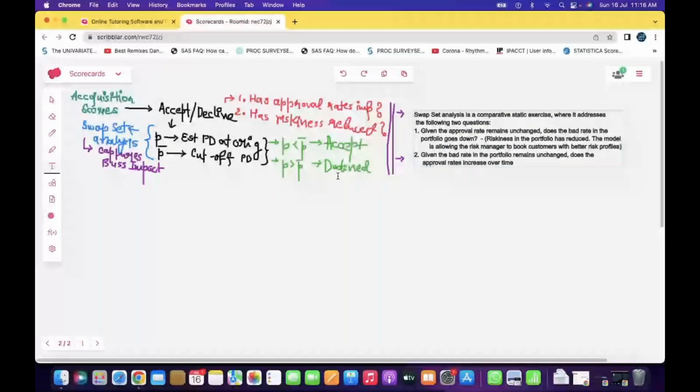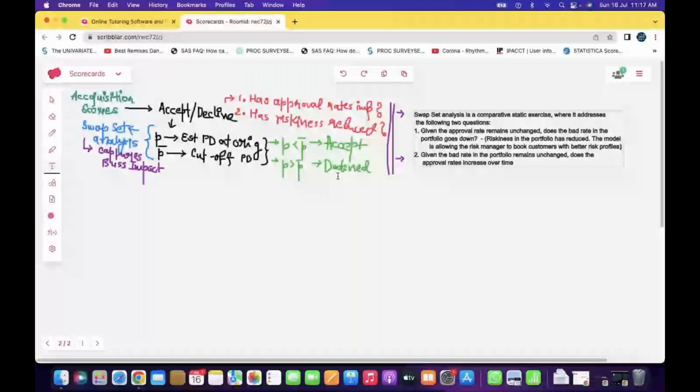So there is no specific frequency of doing it. Let's say you are developing a strategy model, an acquisition strategy model. In that respect, you try to build these models. And basically, if you are trying to build a strategy model, first of all, you need